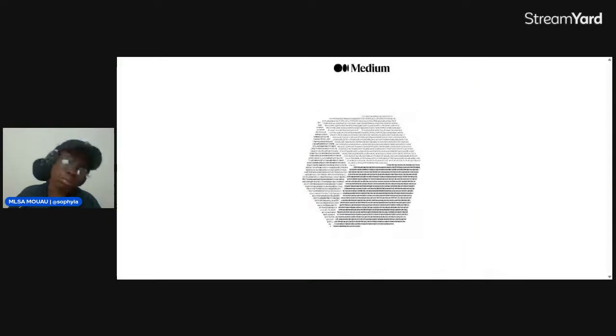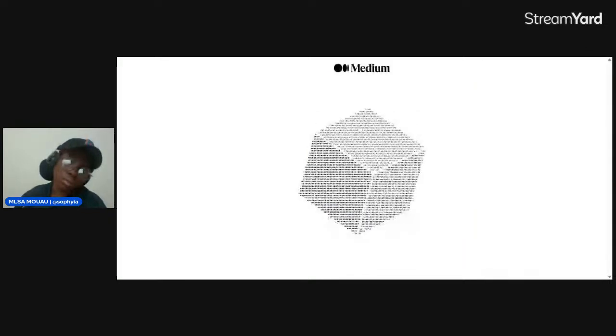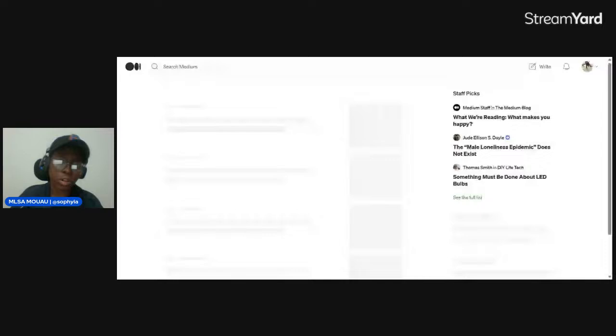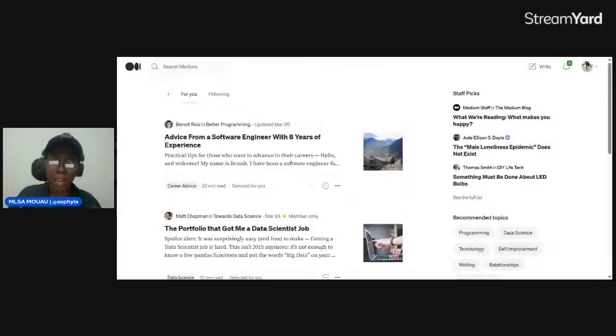All right. So now this is how your Medium screen would look after you have created an account and successfully logged in. You go to write here in order to write your article.